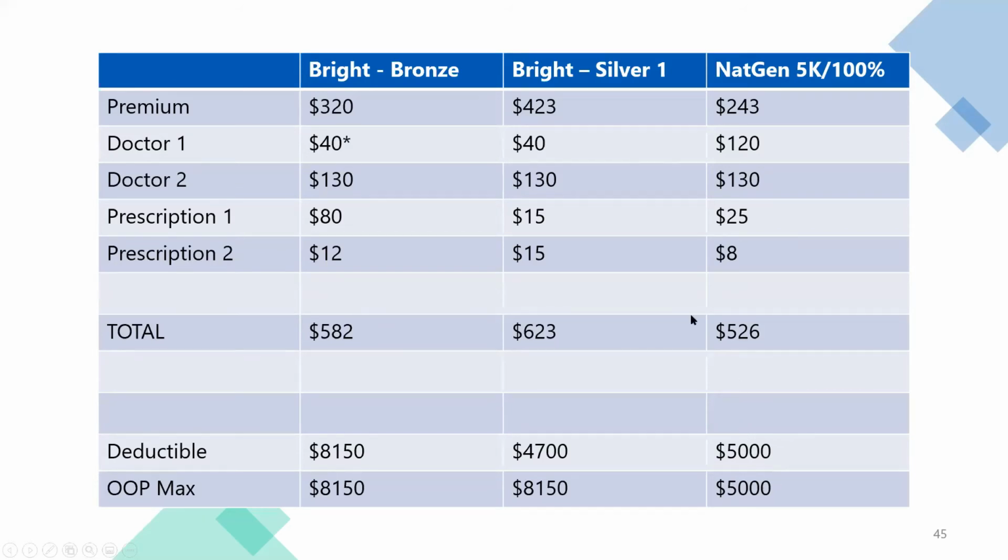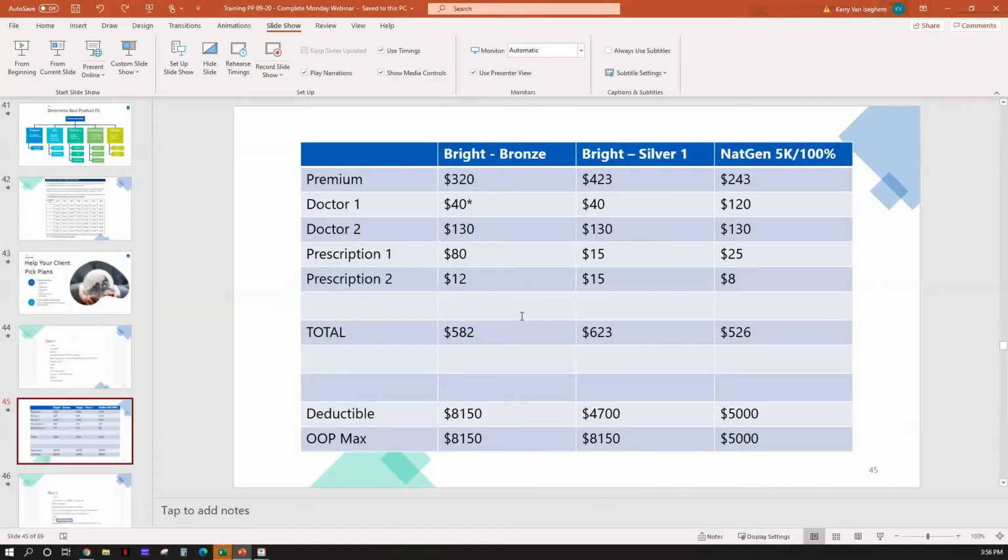So here, given the information that we have, given the fact that they are not getting any subsidy on the marketplace, my advice to the client is going to be National General. Okay, now keep in mind,